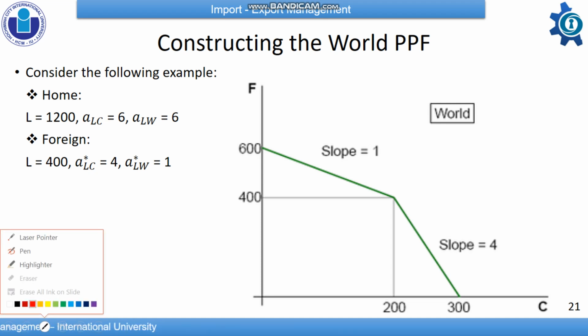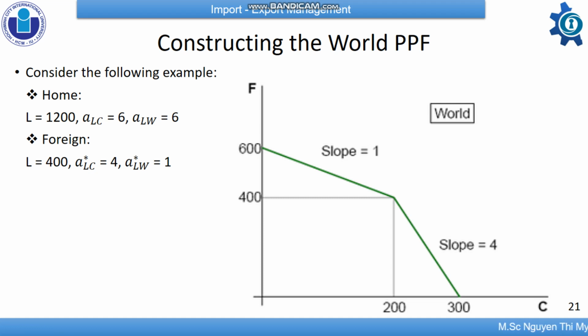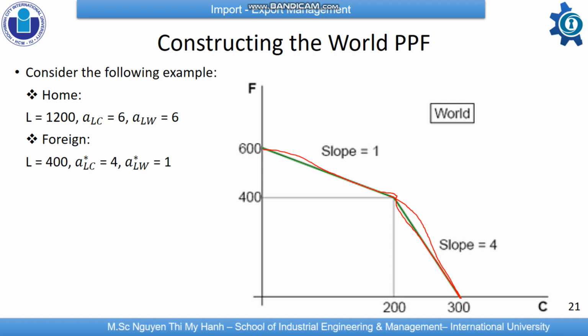That is how we construct the PPF graph, and after constructing it we can examine how trade affects each country's possibility for consumption. It becomes a new PPF. So when trade is allowed, each economy can consume a different mix of cheese and wine from the mix it produces. And in each case, trade can enlarge the range of choice. If we have international trade, we have more choices,